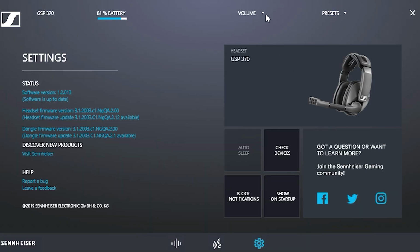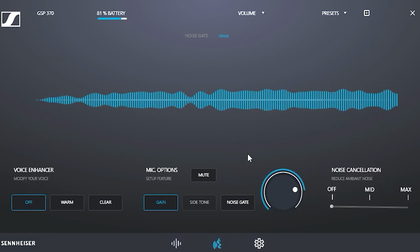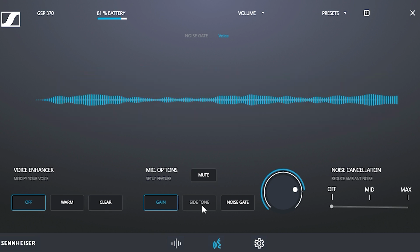I messed around with some of the settings. You've got your mute options, you've got bass, treble, surround sound that you can play around with. It's got a whole bunch of different mic settings. For my time that I used it though, and for what it's worth for me, nothing really sounded as good as the default settings. I mean, don't get me wrong, it's always nice to have options,